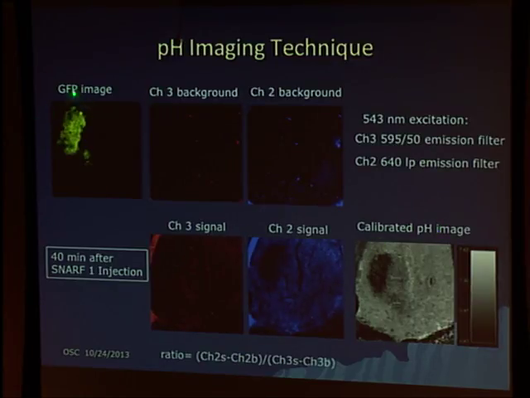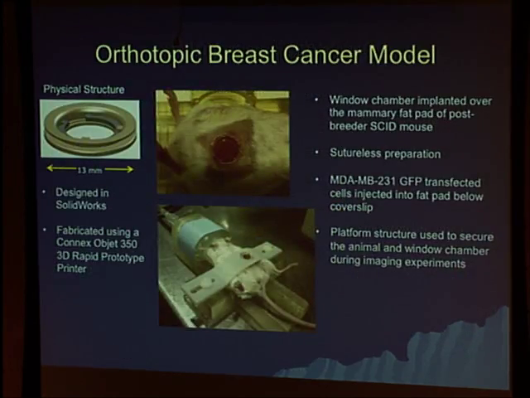And you can see very nicely that the GFP tumor is darker, meaning more acidic. And in fact, it is making its surrounding areas even darker as well. So this would be an example where one might predict that this tumor would tend to grow in this direction by creating a potentially more acidic environment in that direction. So that's been very nice work that we've been doing with some colleagues over at the Cancer Center.